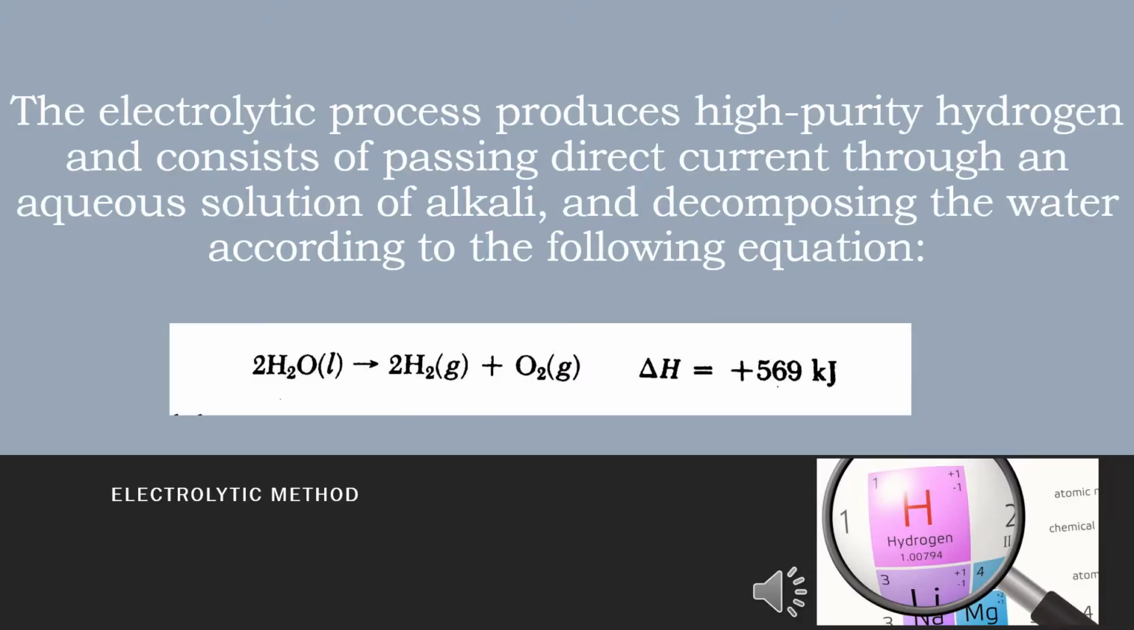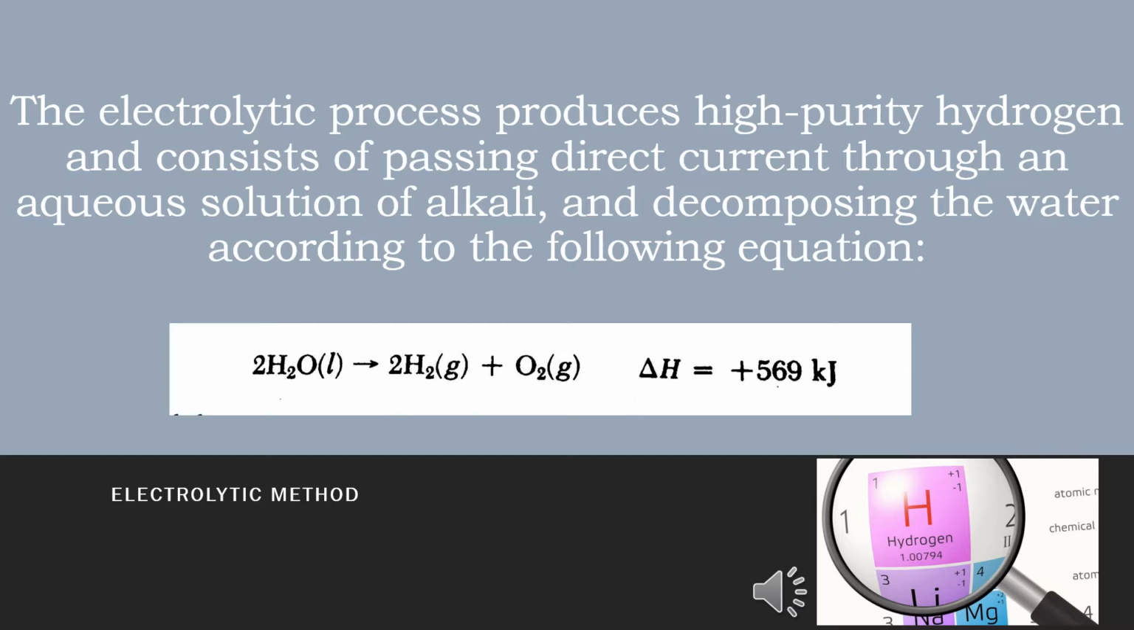And for the electrolytic method of hydrogen, the electrolytic process produces high purity hydrogen and consists of passing direct current through an aqueous solution of alkali and decomposing the water according to the following equation. The theoretical decomposition voltage for this electrolysis is 1.23 volts at room temperature. However, because of the overvoltage of hydrogen on the electrodes and also cell resistance itself, voltages of 2 to 2.25